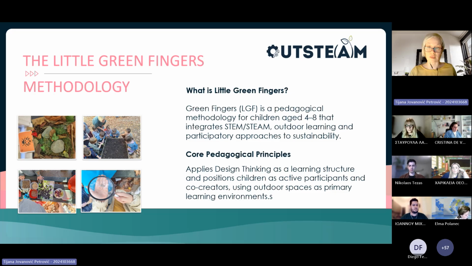At the core is design thinking, used actually not as a tool, but as a learning structure. So children move through simple age-appropriate phases of observing, questioning, imagining, making, reflecting.